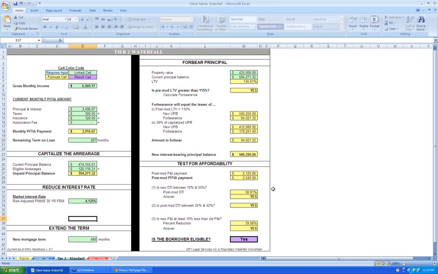So the rule for Tier 2 on the affordability is that servicers are free to select their own DTI range, but it has to at least include 25% to 42%, and can go as wide as 10% to 55%. So here, these borrowers, their post-modification PDA payment would be only 38% of their income, so they're going to pass this waterfall too. And again, the principal reduction requirement. So when we go to the mod terms,